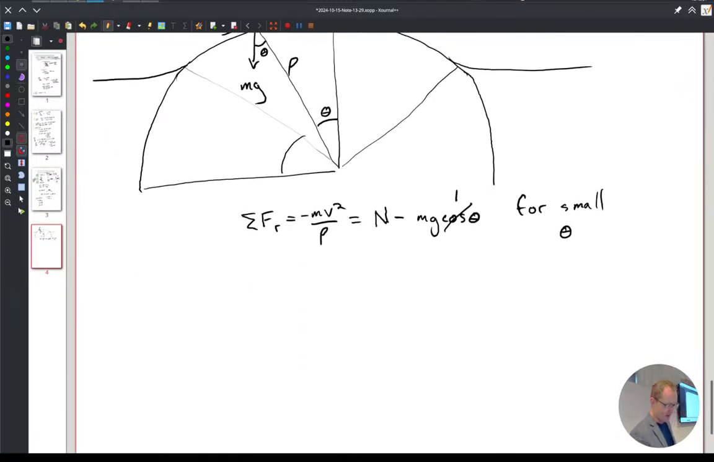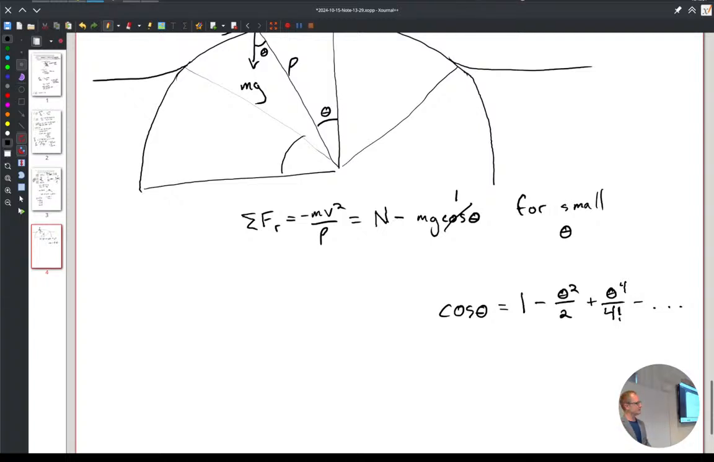If you want to know how small is small enough, you can take theta squared over 2 and see how big that is. That's the error, because cosine theta is 1 minus theta squared over 2 plus theta to the 4 over 4 factorial, and then minus, yeah. So if theta is going to be 0.1, 0.1 squared over 2, 0.01, so 0.005,